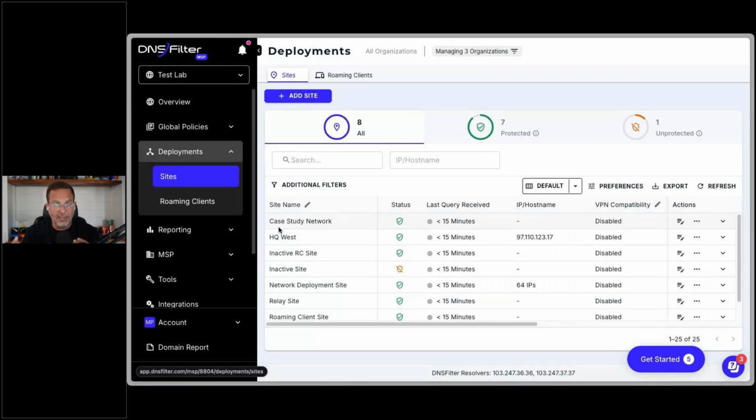This is again at the MSP level. So this is a global view. We can see all of the sites that are deployed. And a site is like a network. So you're changing the DNS forwarder IPs in your router, some type of network equipment, or on the device itself sometimes, to DNSFilter. You just change the DNS forwarders to use our DNS resolvers and then give us a password essentially,